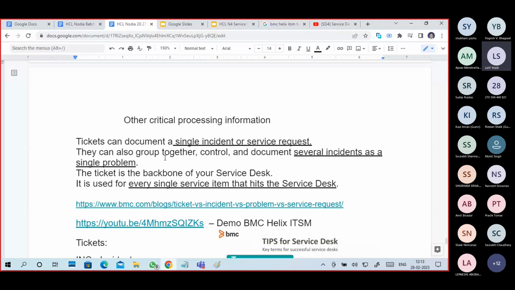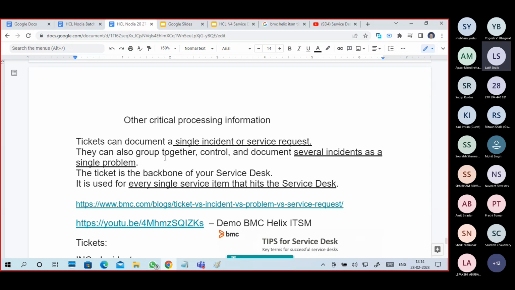Incident is like this. Request and incident, I will tell you, guys. I want VPN connectivity: service request. My VPN is not working, not connecting: incident. I want internet connectivity: request. My internet is not working: incident.